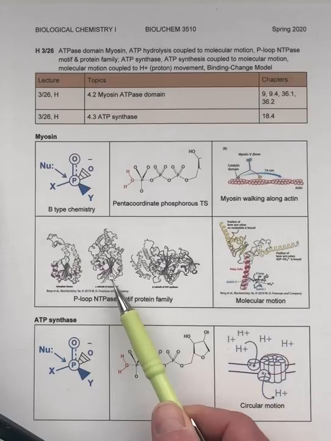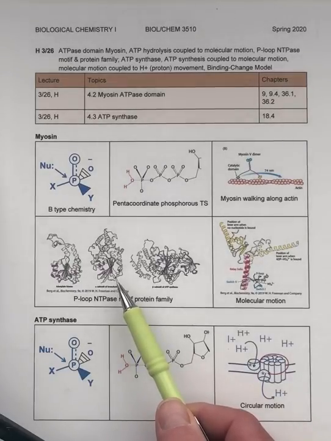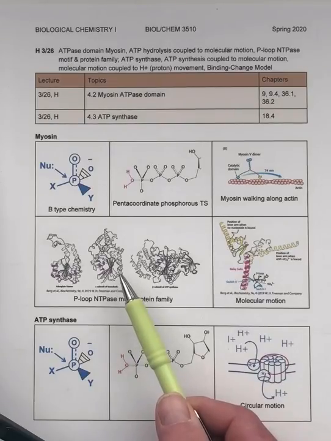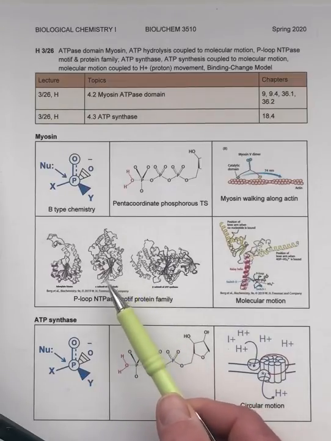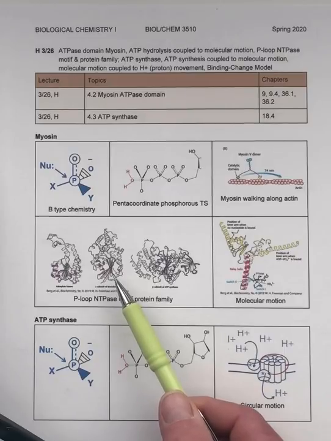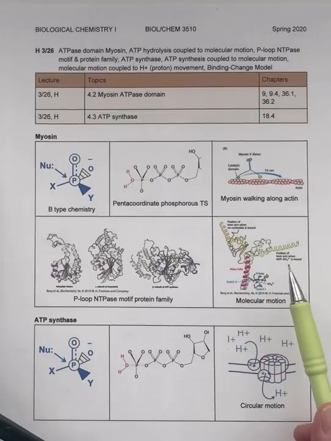Over here is the alpha subunit of transducin. You'll recognize this from the G protein coupled receptors. This is a place where GTP is hydrolyzed, and that's important for making sure that there's an off button for these cell signaling systems. And then myosin also contains, as part of its